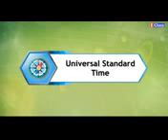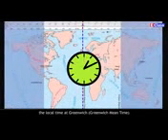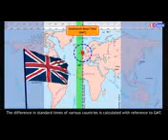Universal Standard Time. For an international coordination between countries, the local time at Greenwich Mean Time in England is considered to be the International Standard Time. The difference in standard times of various countries is calculated with reference to GMT. The Indian Standard Time is 5 hours 30 minutes ahead of GMT. If it is 5 p.m. at Greenwich, then in India it would be 10:30 p.m.